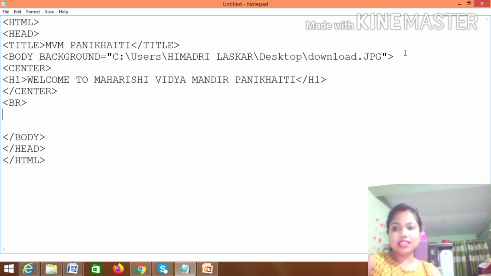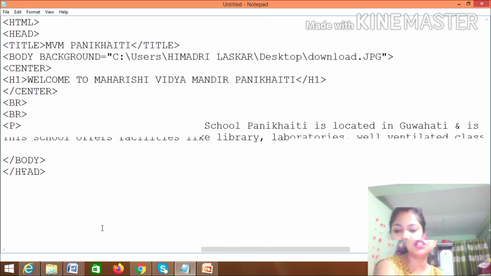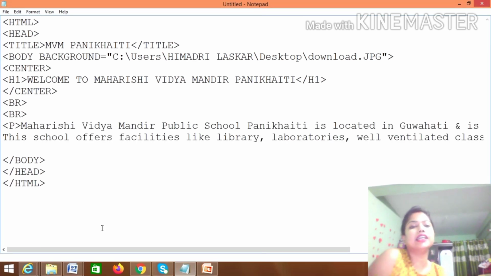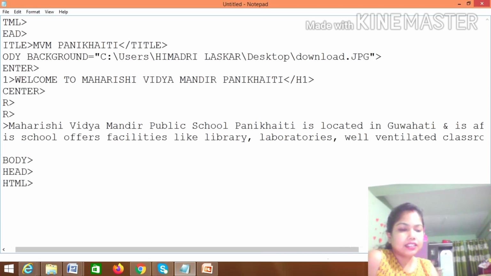Okay, so I'll give here 2 gaps, so I am writing here 2 break. When the computer sees the first break, the cursor will go to the next line. When it sees the next break, again the cursor will go to the next line. Then it will write. So I'll be writing the paragraph here. For the paragraph, I have to give a bracket and start the paragraph tag, and I'll start writing about our school. Okay, so I'll be writing here: Vidya Mandir Public School Panikhati is located in Guwahati and is